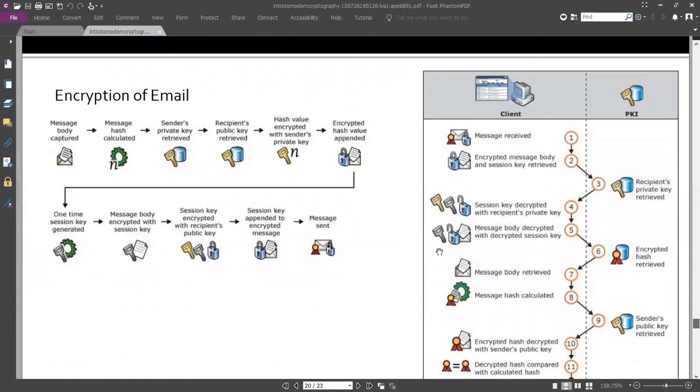So we have encryption of an email, the process it goes through. We have the message body captured, the message that you write, and then the message hash is calculated. Then the sender's private key is retrieved, the recipient's public key is retrieved, and then the hash value is encrypted with the sender's private key. And then the encrypted hash value is appended